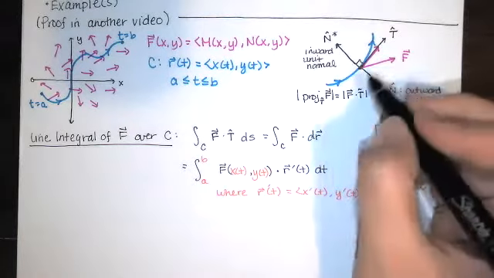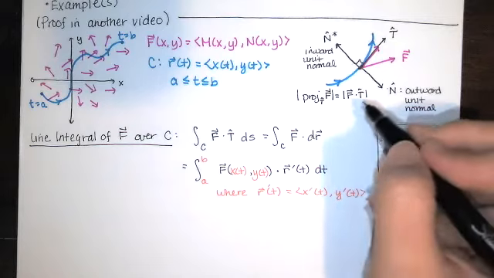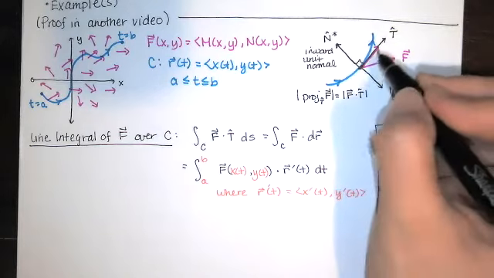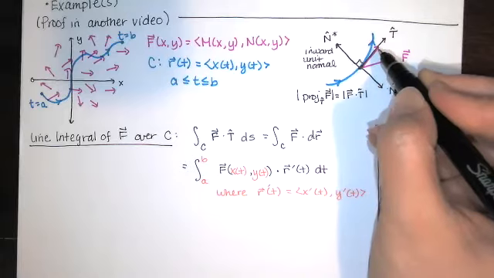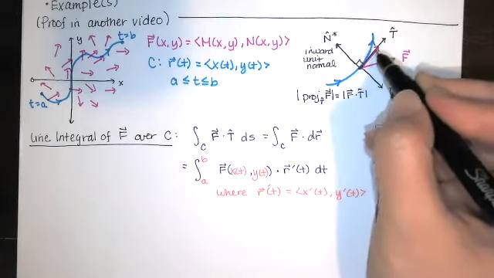But remember, T hat's a unit vector, so dividing by the length of T hat is dividing by 1. So really the length of that projection, or the magnitude of the force acting in the direction that I'm going,